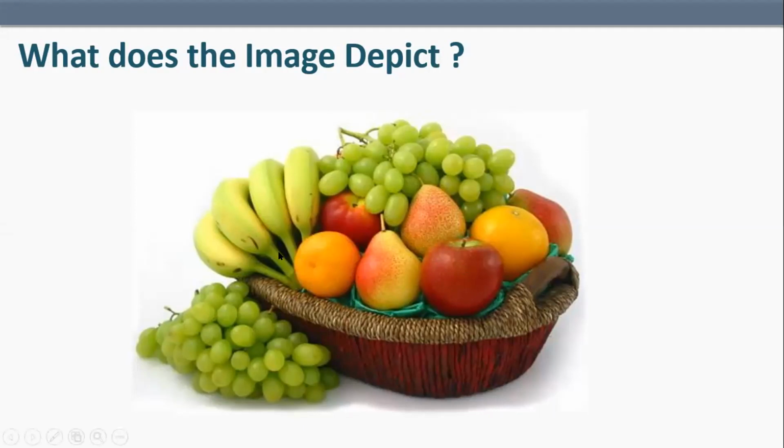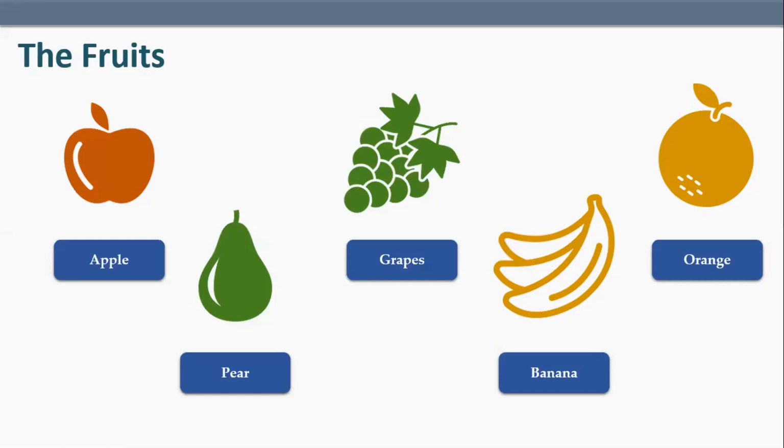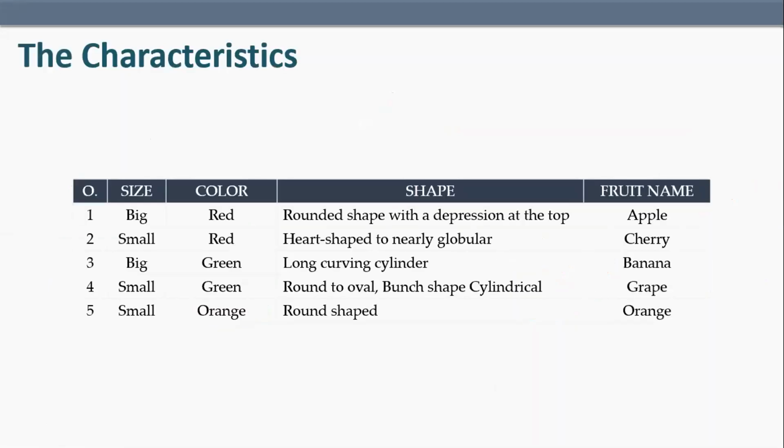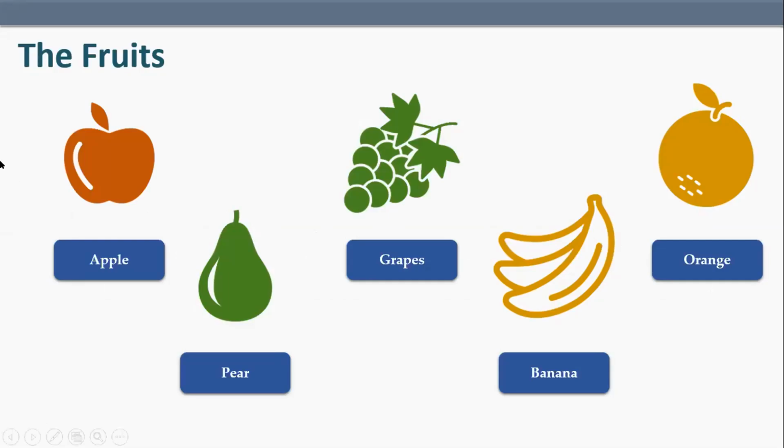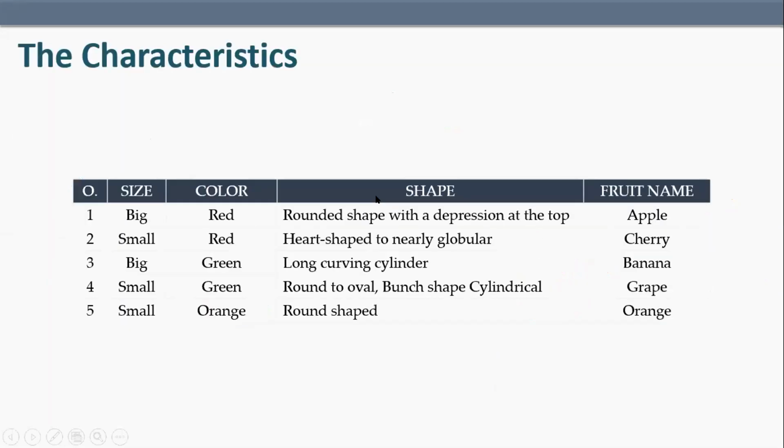So here what you have is different fruits. You have apple, pear, grapes, banana, and orange. That is what you have been taught also. And the way you have been taught is, when you look at this, you can just look at it and say that this is an apple because it is red colored and there is a dip at the bottom. This is green colored, so this is a pear. This is orange colored, so it is an orange. This is a banana. This is green, but it is smaller as compared to a pear, which is why it is a grape. So that is what you're doing, you're making the machine learn.